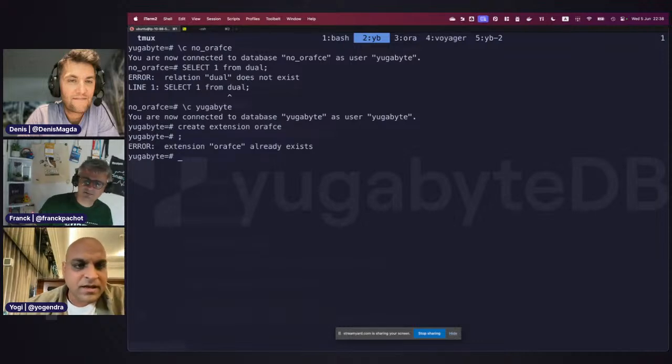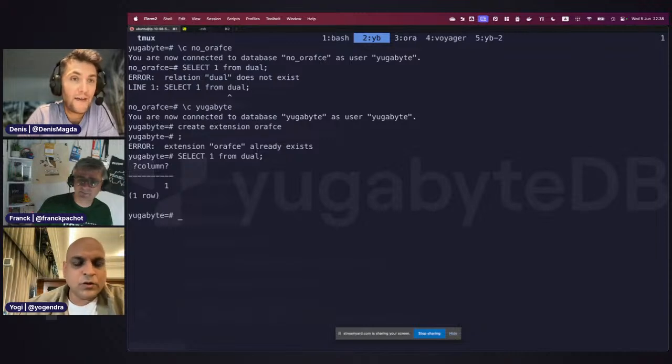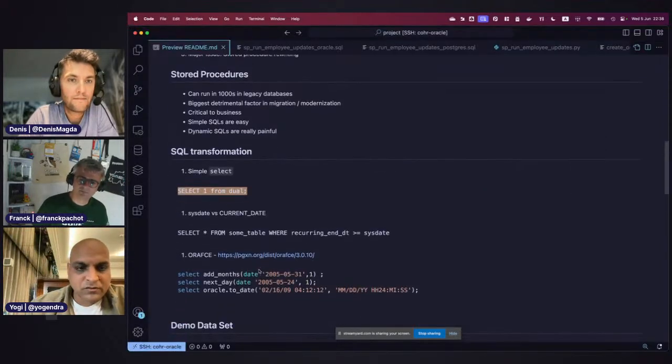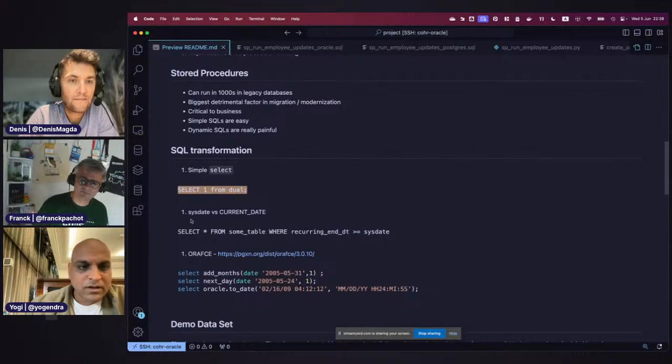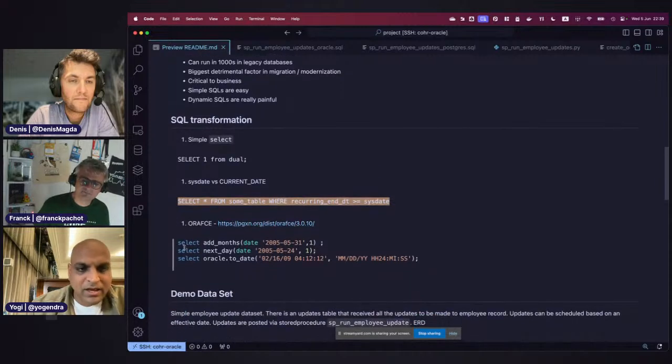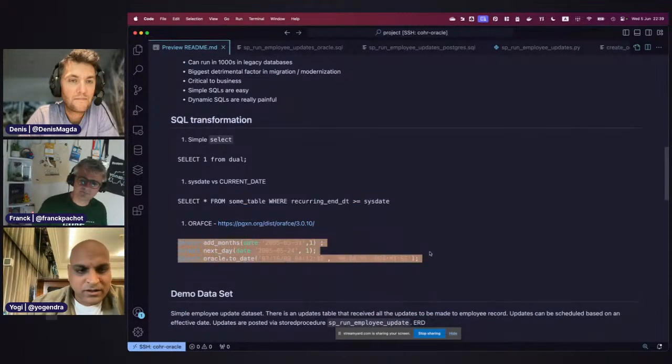It already exists, and if I run that same query, it runs. Beautiful. Orafce has facilitated things like select from dual and a ton of other SQL statements you might use. There's also sysdate, and we'll see how we translate this. We can use an LLM to translate these queries, but these are very frequently used functions in Oracle.